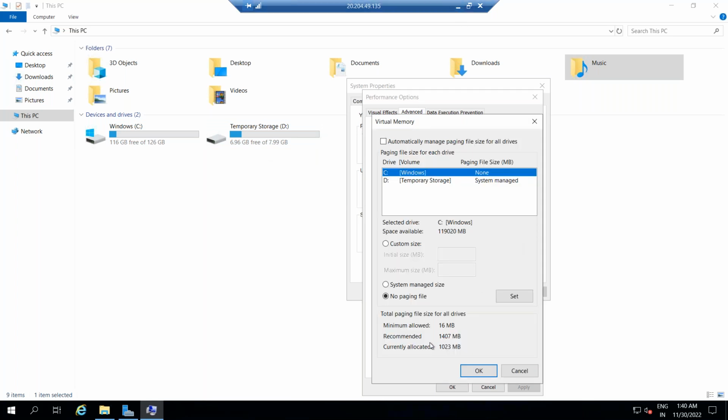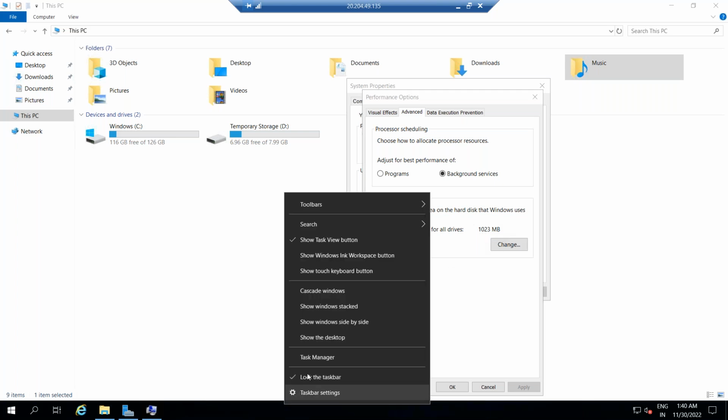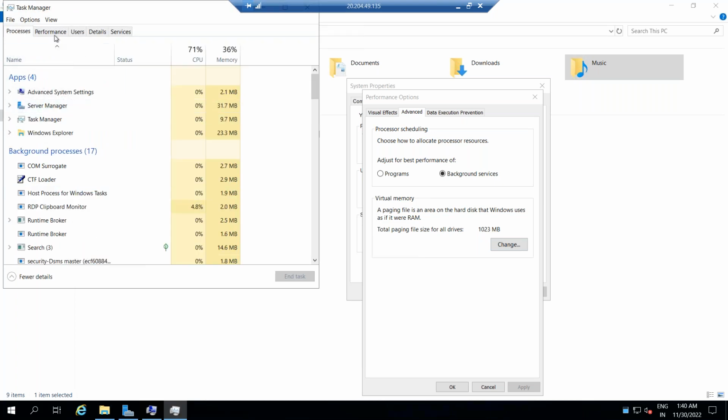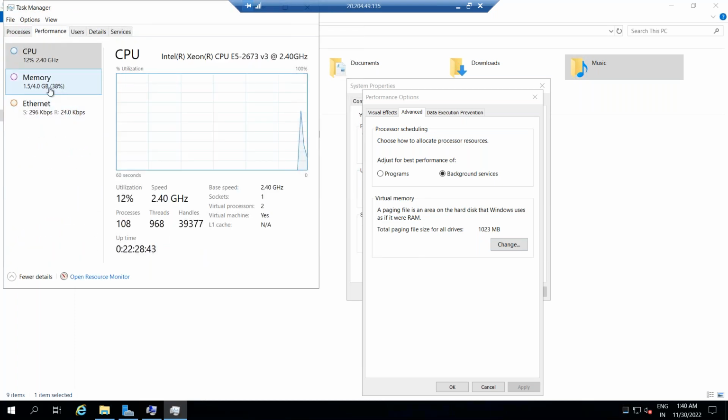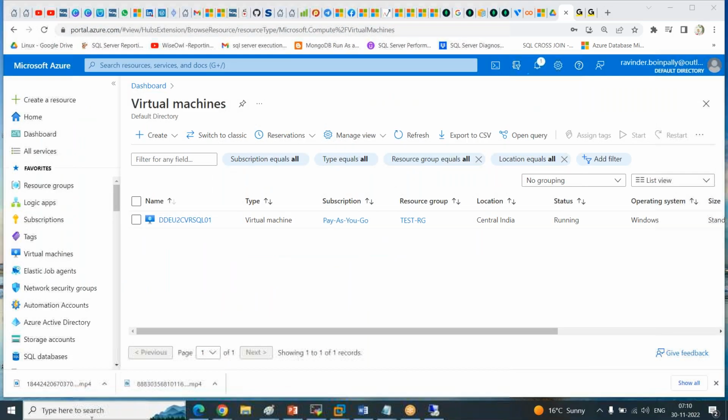You can change the value to higher if you want, but don't change it. The higher it is, the worse the performance of the system can become. It is like a buffer zone for the operating system. If you go to the machine, you have the 4 GB RAM. If the 4 GB RAM is fully occupied, what it does is move the data temporarily to that